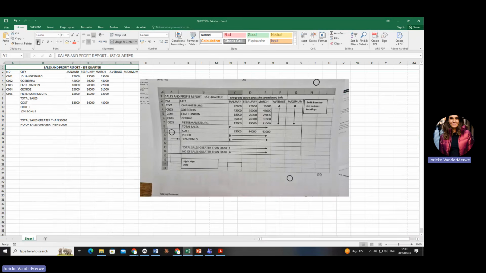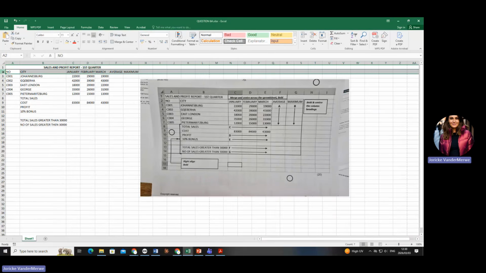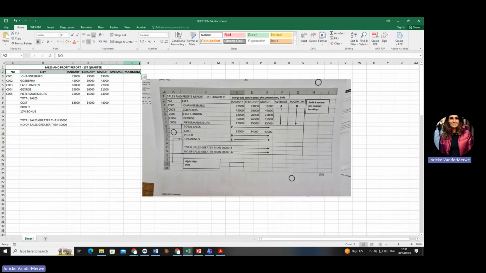Okay, is that it? Then go to row 2. It says that it's got a number, a city, a January, etc. All of this must be bold and center, and the column headings. So all of this must be bold and center. Okay, and then obviously we don't want our stuff to look funny, so we're going to make it look neat and nice.